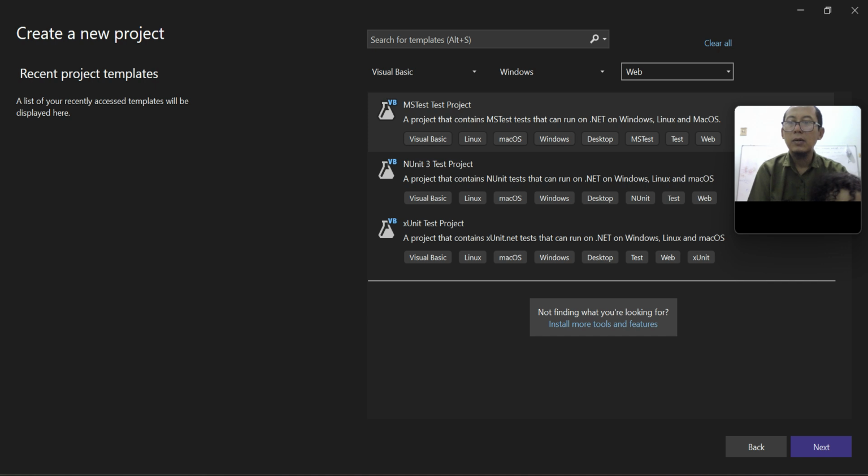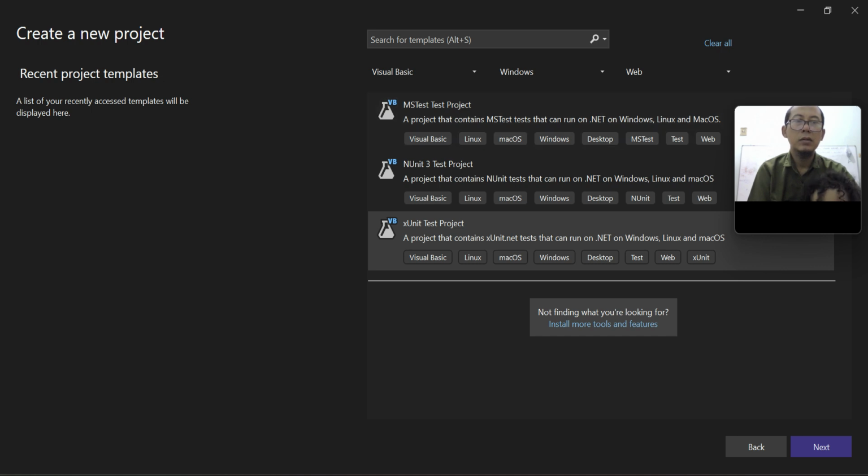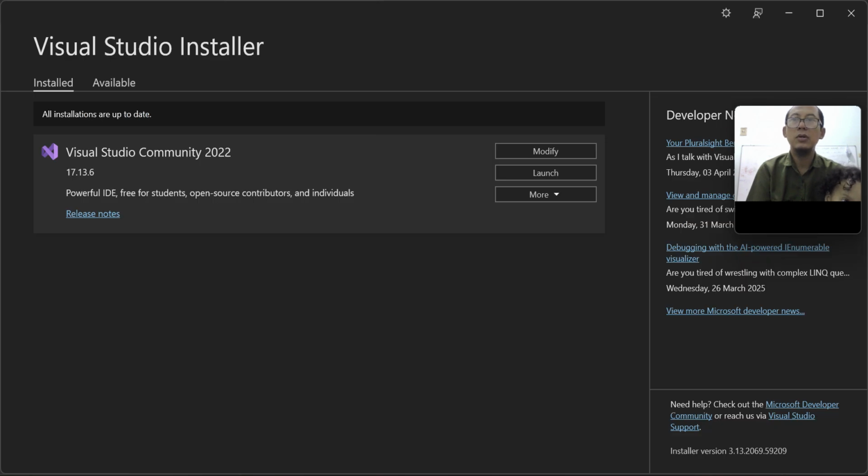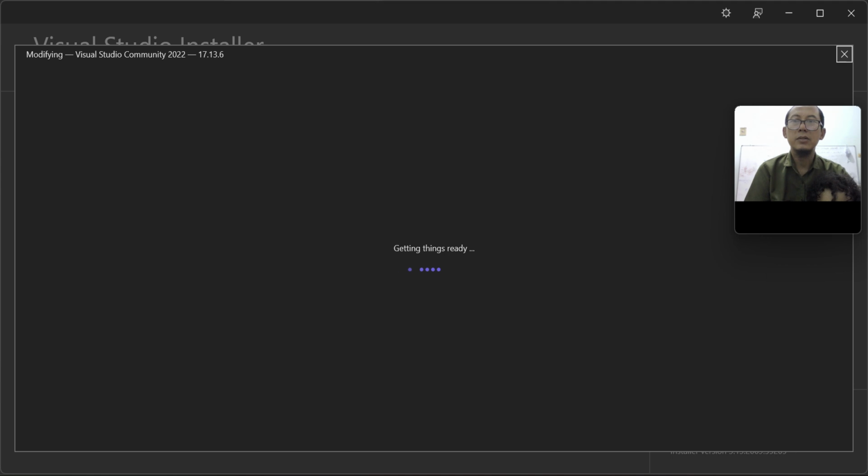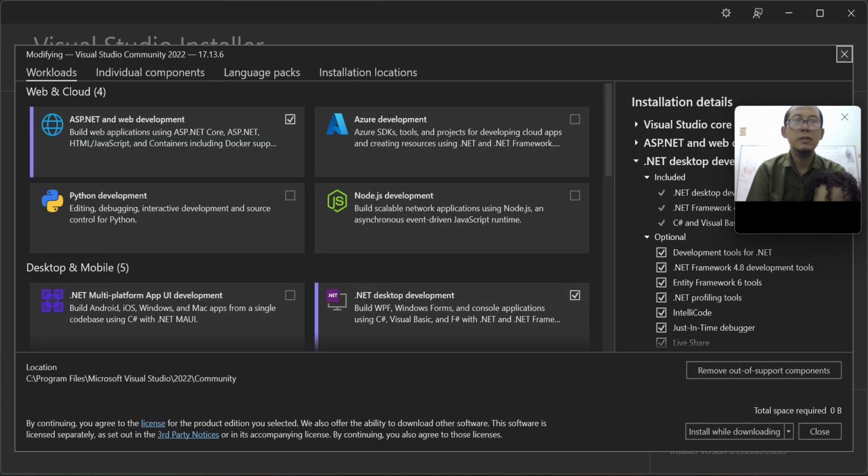Now we have to check our installation. I think it is not complete yet. I cannot find the project type that I usually use here. Okay, let's close Visual Studio. Now let's modify our installation. Maybe something is not installed yet.